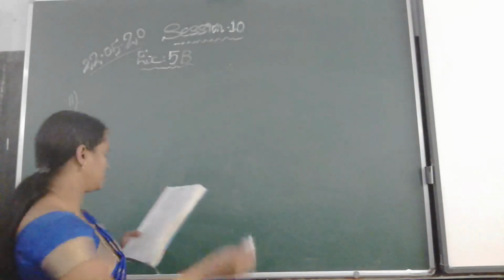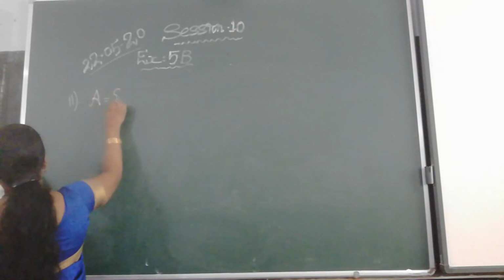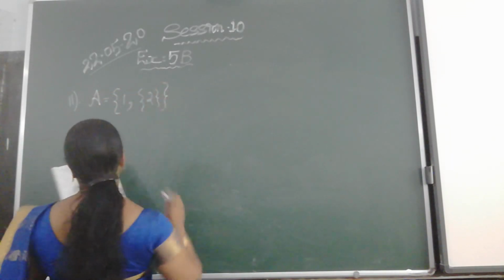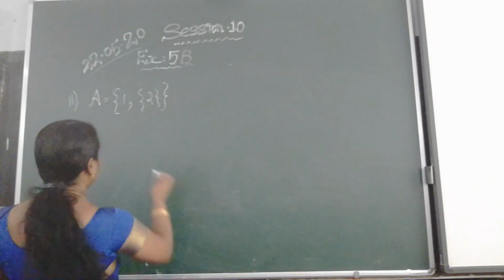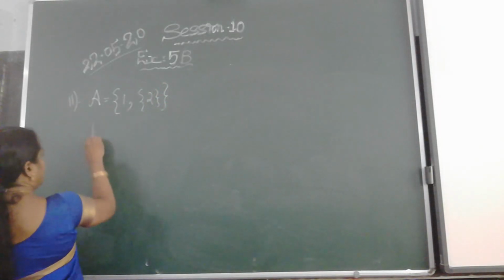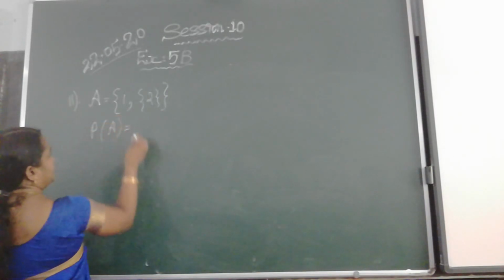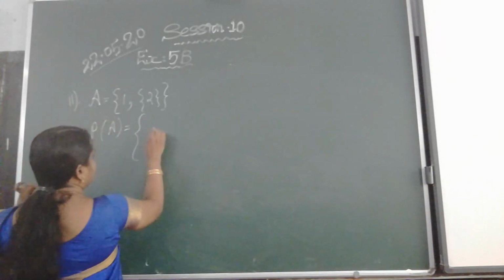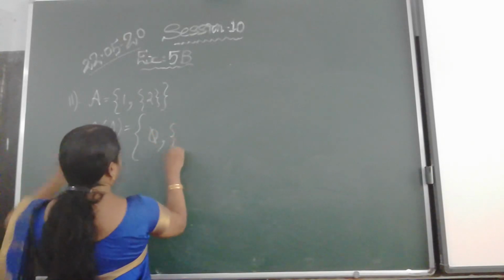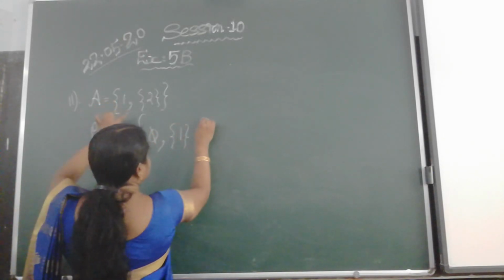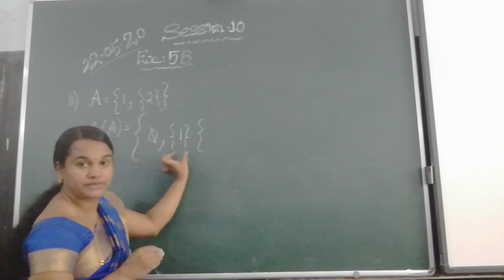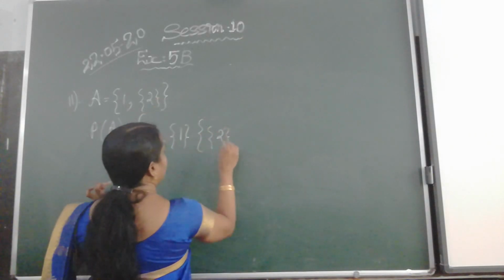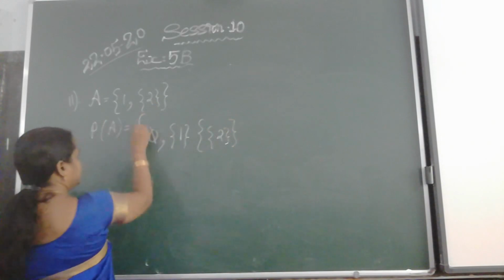Let A equals 1, inside the bracket, as given, and we have to find out the power set of A. Power set of A means first P(A), first one big bracket, that is for the power set. Then we will write one empty set. Then after that for A, this is A, and inside this bracket which they have given in the question. Then we will close this bracket. After that, this final bracket.